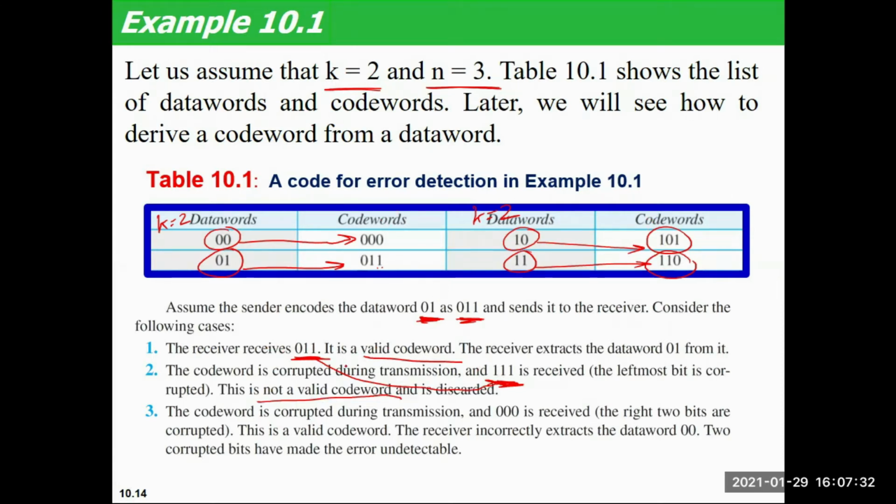The third case can be that I have sent 011 as a code word, but I am receiving 000 at the receiver side through the unreliable transmission media. So in this case, the receiver will check whether this code word is valid or not. And you can see here that 000 is a valid code word.